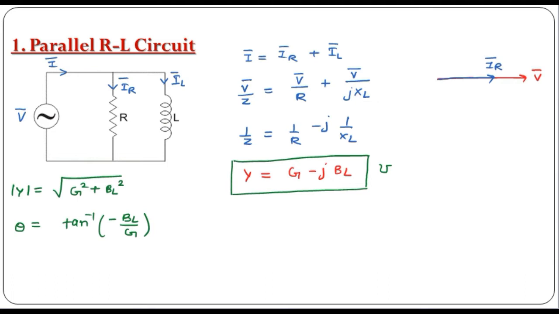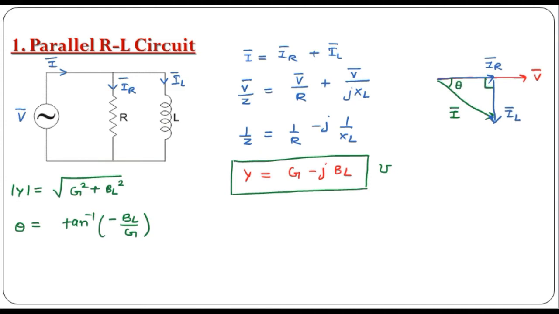Now let us draw IL phasor. So IL is the current flowing through the inductor, and we know that in case of an inductor, current will lag the voltage by 90 degree. So this is voltage, so this IL current will be lagging. So अगर lag कर रहा है, it means it will be clockwise. So this is IL phasor. Okay, because यहाँ पे 90 degree clockwise है, so this is IL phasor which is lagging V phasor by 90 degree. So the total current I is the phasor sum of IR and IL, that is the total current I phasor, this angle is theta, and this is 90 degree.